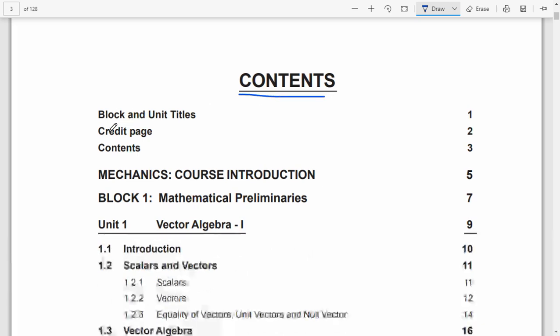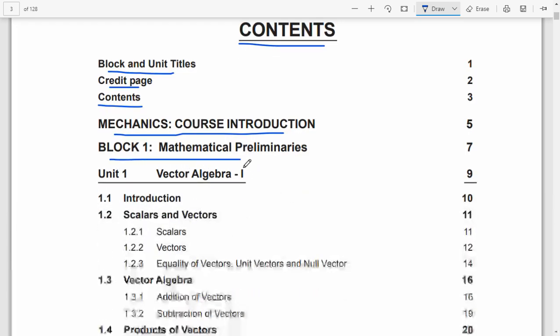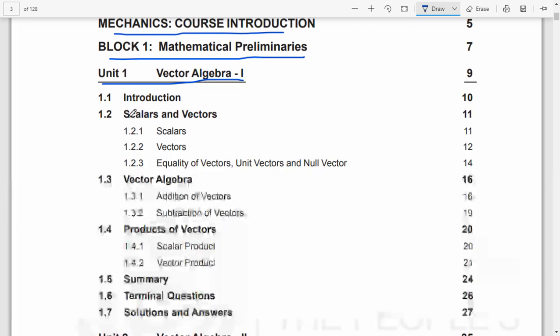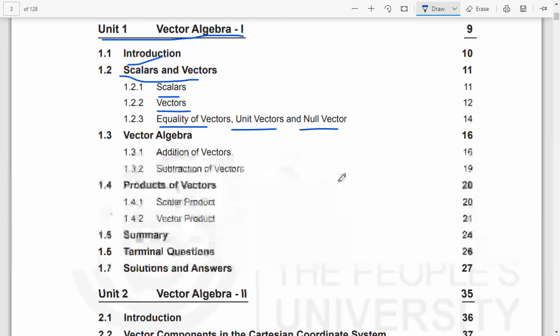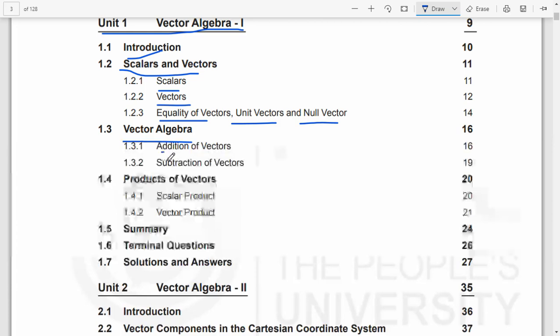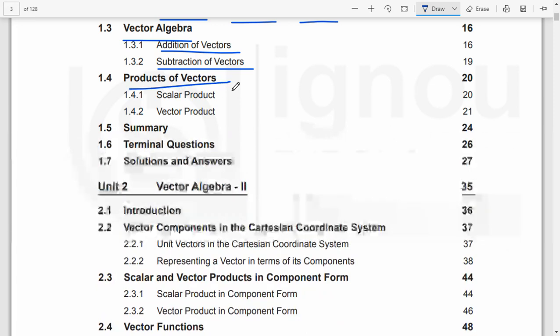Contents: Block and Unit Titles, Credit Page, Content, Mechanics Course Introduction. Block 1 Mathematical Preliminaries. Unit 1 Vector Algebra 1. Introduction. Scalars and vectors. Scalars, vectors, equality of vectors, unit vectors and null vectors. Vector algebra, addition of vectors, subtraction of vectors, products of vectors, scalar product, vector product, summary, terminal questions, solution and